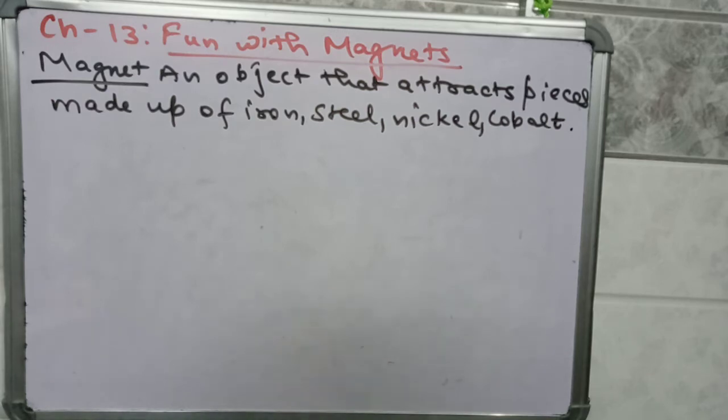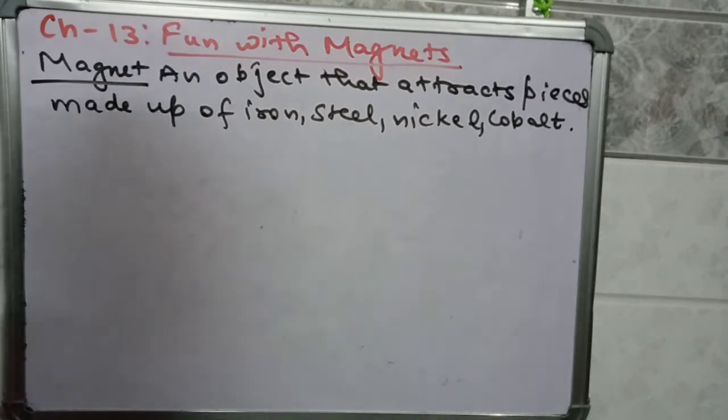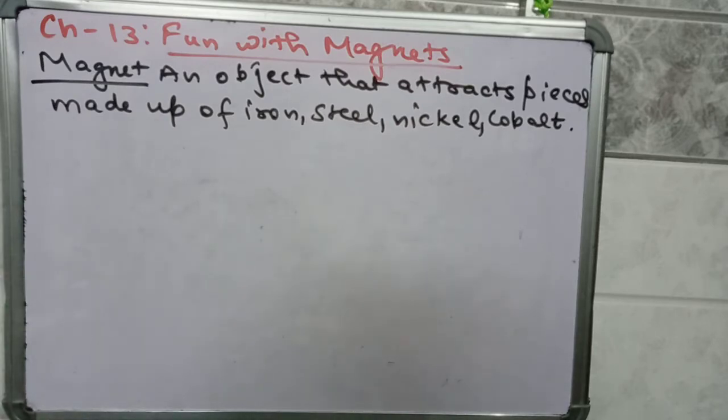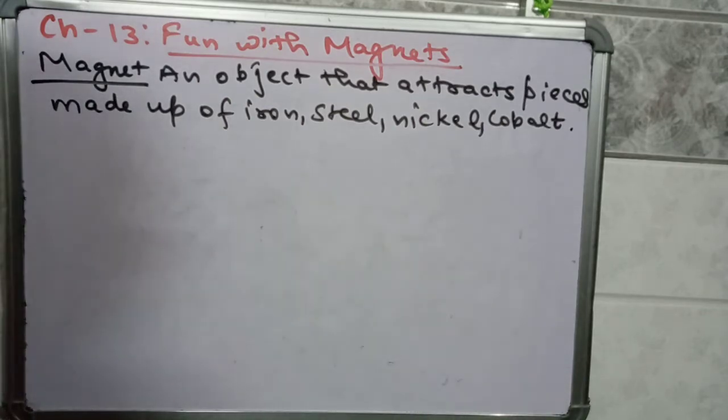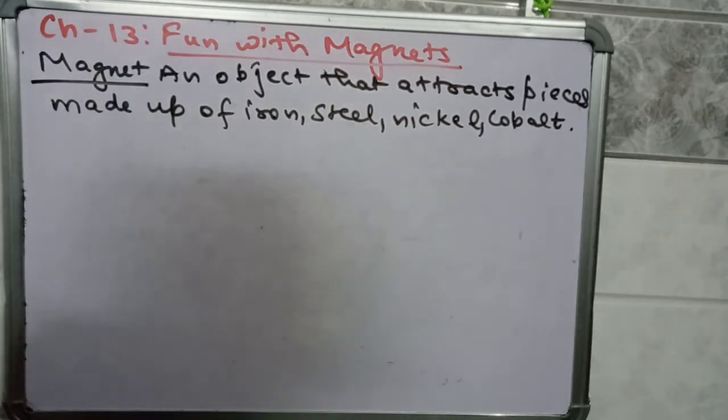Okay, for example, you must have seen the pin box at any office or at your home. In that pin box one small magnet is placed and it attracts the pins which are made up of steel. So a magnet can attract pieces made up of steel or iron. Also in a refrigerator you must have seen the rubber lining on the door. Inside that rubber lining iron is present, which is attracted by the steel body of the refrigerator.